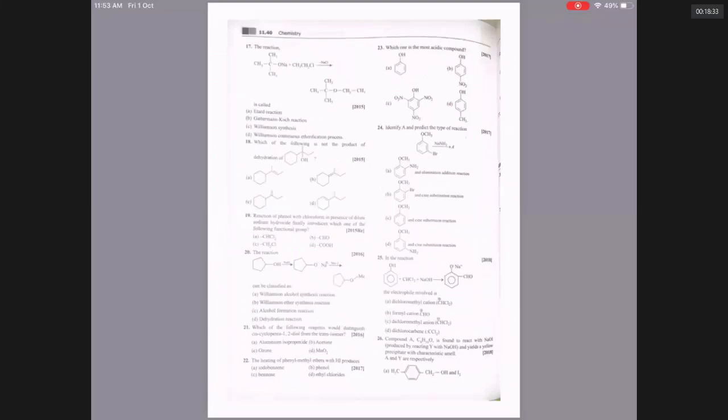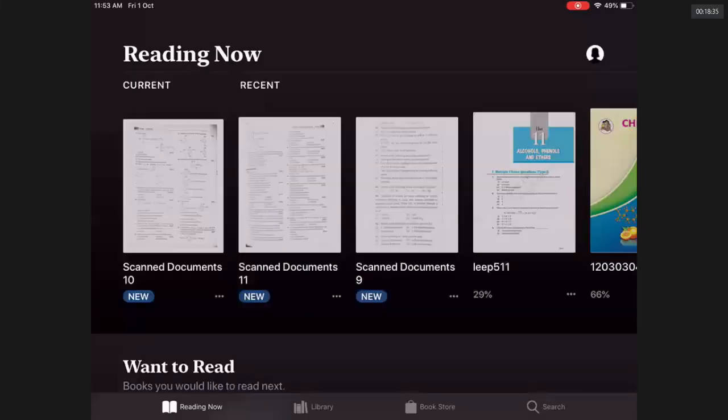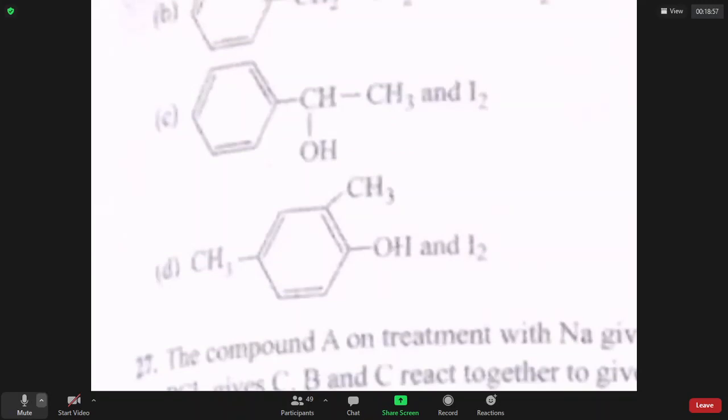Let us go to the next slide. Can it be B, sir? It cannot be B because though B is an alcohol, it does not have 3 alpha hydrogens. Can it be C, sir? Yes. It should be C because it has 3 alpha hydrogens, it is an alcohol. Therefore, definitely this compound can be 1-phenyl-1-ethanol, and that can give the iodoform test.